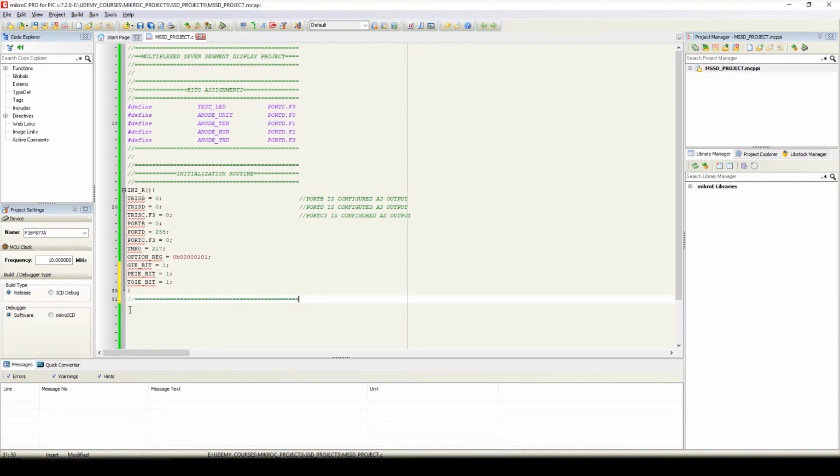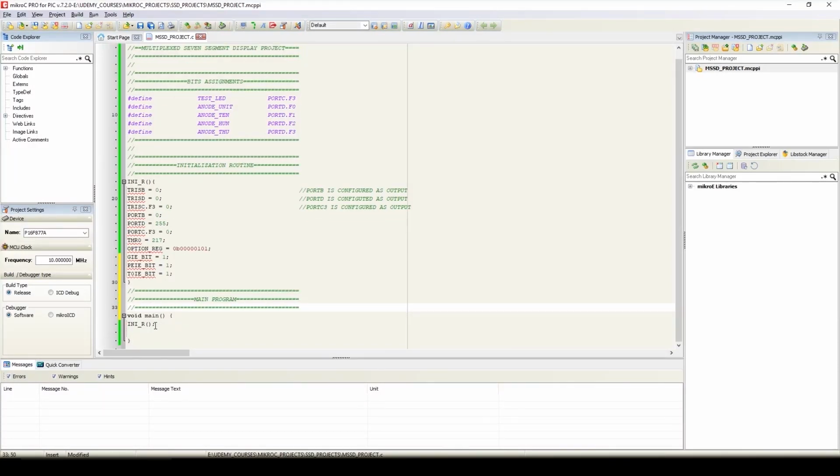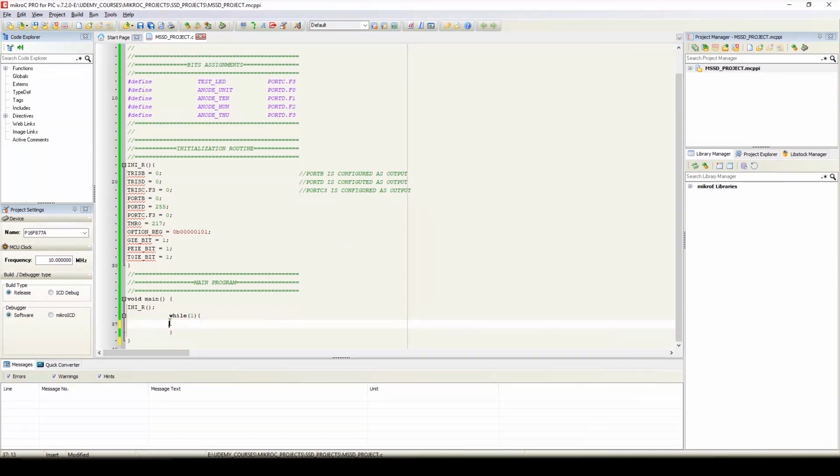And now in the main program we'll write the while loop. So here we'll write the main program. Now we'll write the while loop. While 1, and we'll write the while loop between these two braces, and here we'll write PORTC3